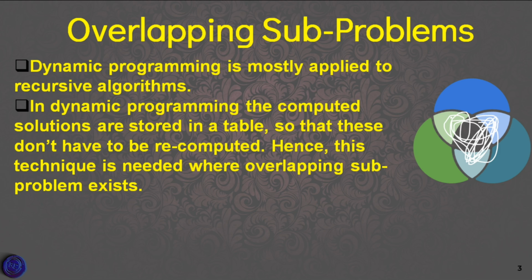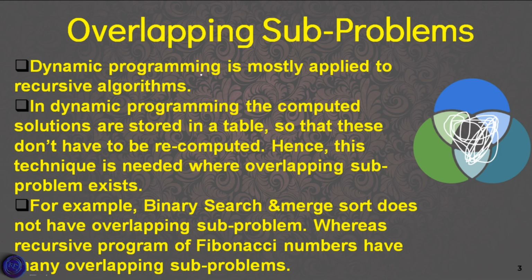So for calculating the solution for a particular problem, we need the solution of another problem. So this type of process is known as overlapping. For example, binary search and merge sort don't have overlapping subproblems. So in binary search we will have an array. So we have some elements. We are going to divide that array into two halves. If it is not present in this right side, we neglect this side. If it is not present in either of the both sides, we neglect both of them. So there is no overlapping.